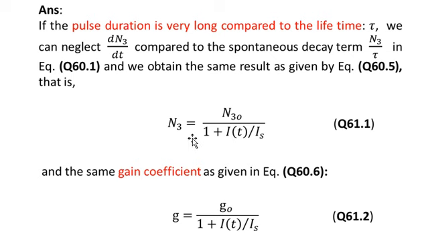But you know that in the appendix we discussed a continuous beam, and here we are considering a pulse, and for that pulse we take I as a function of time. So n3 is equal to n30 over 1 plus I of t, that is I as a function of time, divided by the saturation intensity. So this I of t is actually the intensity of the saturating beam,